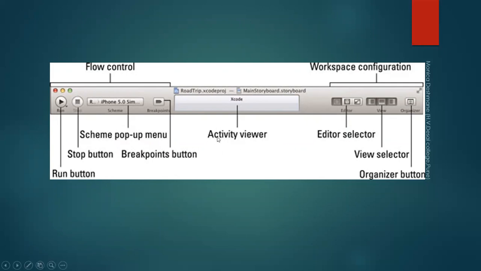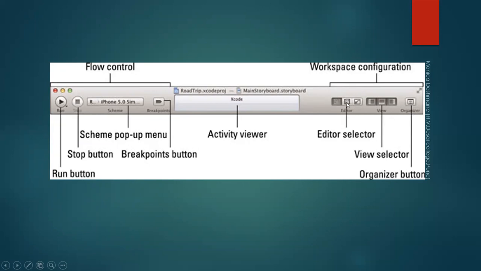Next is the activity viewer, which is nothing but the progress or the status. Here it may be giving you ready, or the status may be pending, building, or running. Okay. Next is the workspace configuration, under which you will get these particular buttons or tools. Editor selector: we have learned editor types, standard editor, assistant editor, version editor.